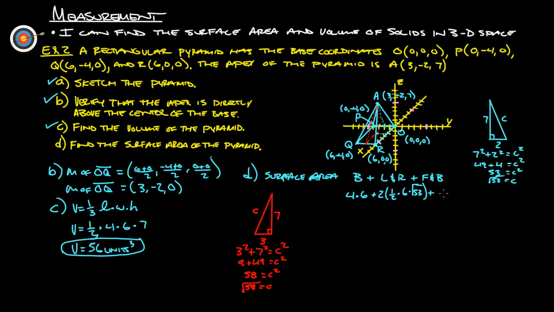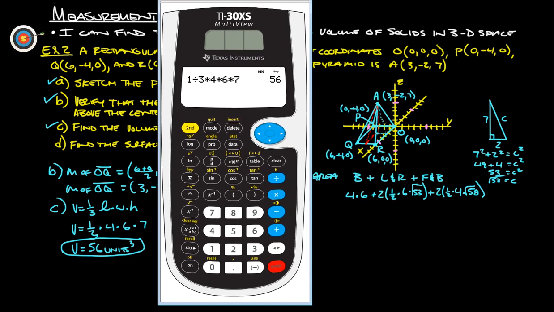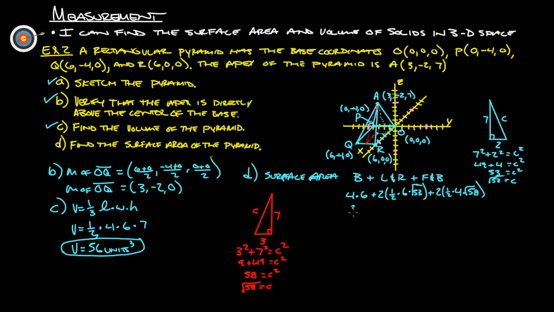Okay, so let's change our color back here. So this is going to be twice these two triangles, which is half the base, and the entire base here is 4, times we just figured out this height right here is the square root of 58. Okay, so I'm going to calculate all that, add them together, and we've got our total surface area of our rectangle. So we've got 4 times 6. We know that that's 24